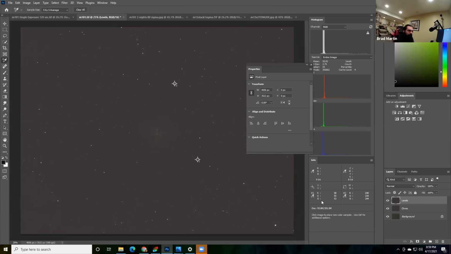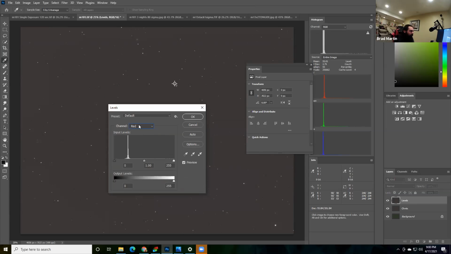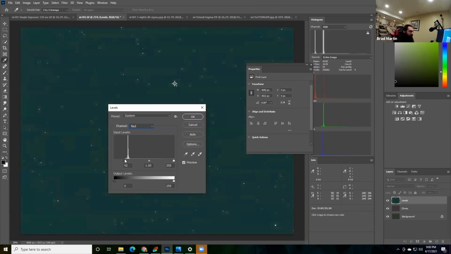All right. So now I'm going to have numbers in my info panel here that I can look at and adjust. I'm going to adjust the levels here. The way that I do that is I select the layer that I made for levels and hit Control L. And I go in and adjust the red, the green, and the blue separately. What I'm going to do is move all of them so that over here where these values are, and don't ask me exactly what those values mean, I don't know. But I want to set each one of them to be 19. So I just move this slider forward until this says 19.